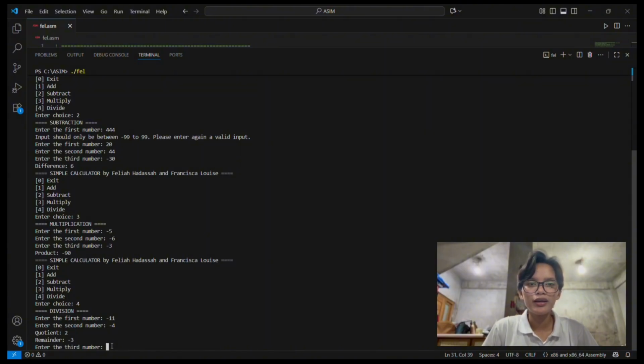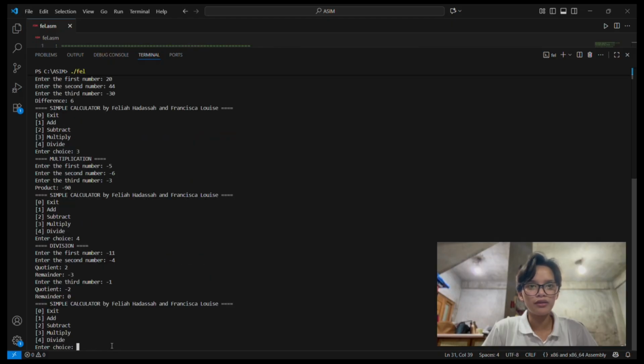So here, negative 11 is divided by negative 4, which gives a quotient of 2 and a remainder of negative 3. The result is printed, and then the quotient is divided again by the third number, negative 1, producing a new quotient of negative 2 and a remainder of 0.